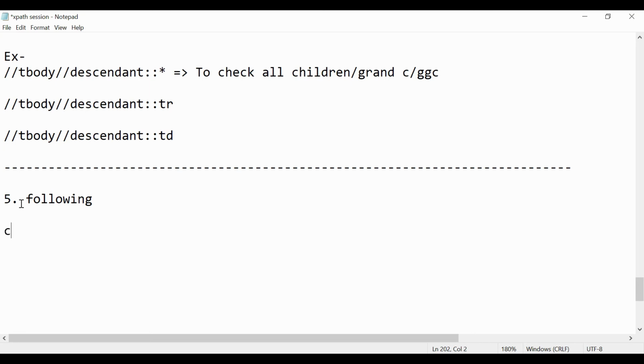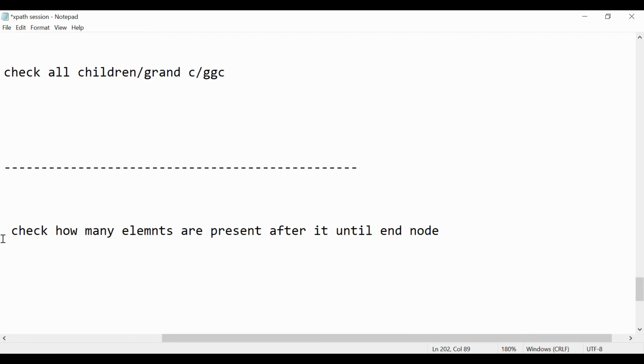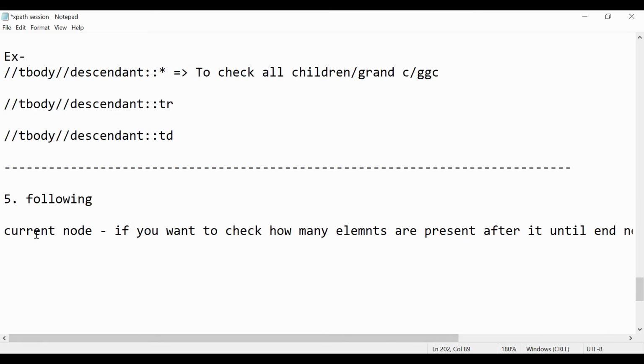From the current node, if you want to check how many elements are present after it, until the end node, if you want to see how many elements are there after the current node.